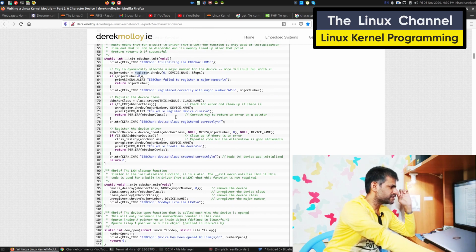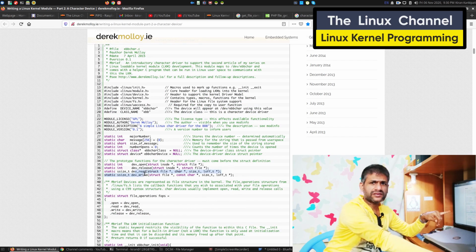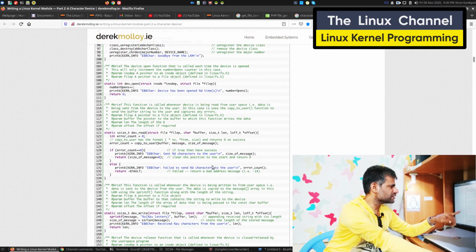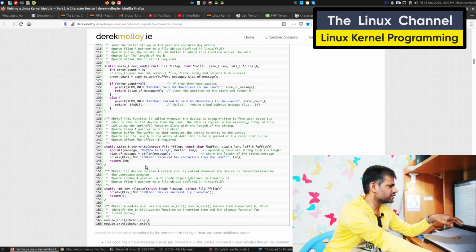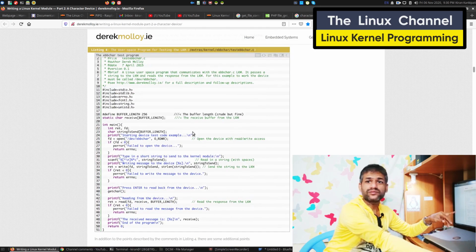So they do that, and then you have these supplied APIs to do read and write operations. You can see there dev read, dev write. These are the callbacks of the respective read and write operations. If you scroll down, you get the support for that read and write. And if you scroll down, they have provided one user space application to test the kernel's service, which is through